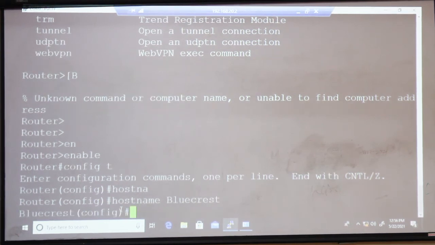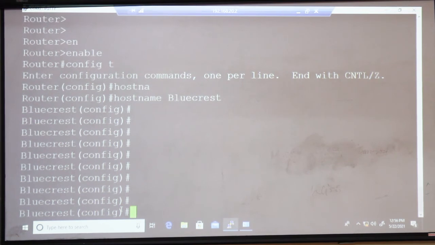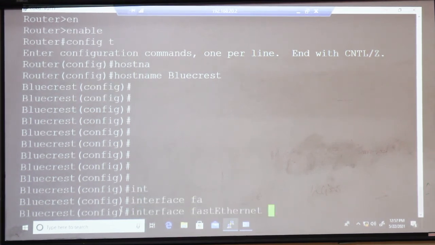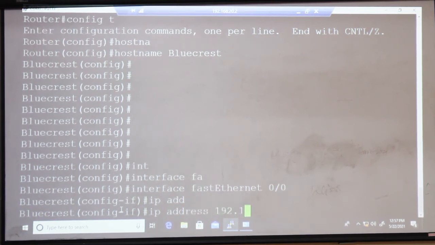You can see that the hostname has changed from router to Bluecrest, and we will now configure the interface IP of the router. We will move to interface FastEthernet 0/0. We will configure the IP address 192.168.20.1, and we'll put the subnet mask of class C, that is 255.255.255.0.